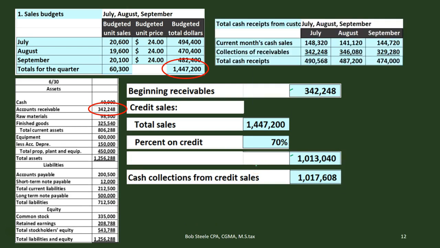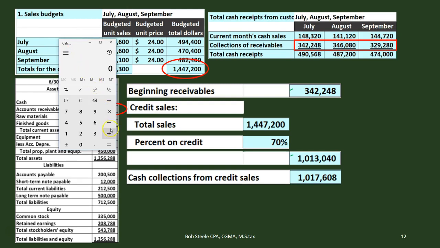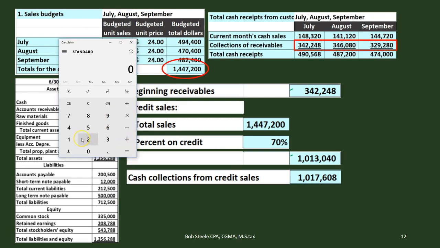So we had to figure that out, and we've done that in the past. We did that on the total cash receipts from customers calculation here. And so if we add these up, that's what we received in terms of cash. So of course that's going to be what's reducing the accounts receivable. So if we take this and make it a bit larger like this, we're going to say that the 342,248